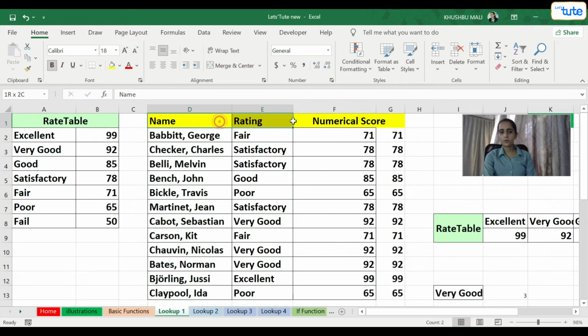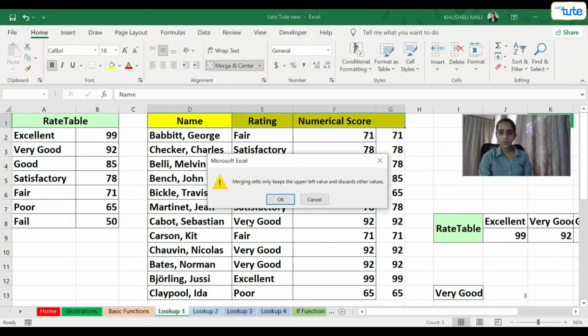Now what if I want to select this and merge the data? Will it affect my existing data? It might affect. For merging this database, I need to select the content and I'll press one time here. See, there is nothing got merged over here. If I select again and try once more, merging cells only keeps the upper left value and discards the other values.